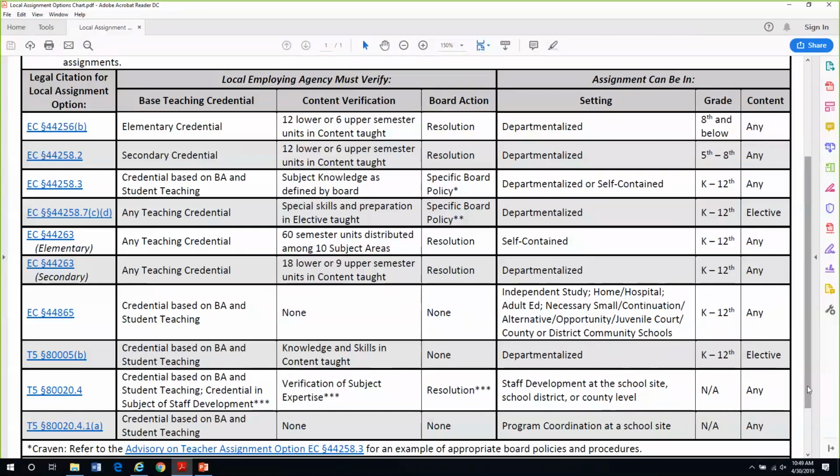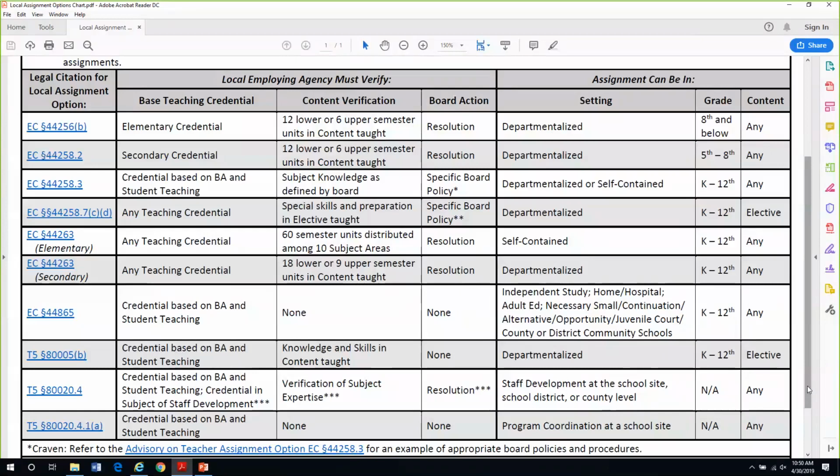So remember, local assignment options are for fully credentialed teachers. They're already individuals who hold full credentials. It can't be for someone who's on a STIP or a PIP to serve outside of their area. It can't be someone who's on an intern credential to serve outside their area. It can't be someone who isn't credentialed at all to be brought in to teach. It's someone who's fully credentialed with a multiple subject or single subject or education specialist teaching credential usually, though there's some exceptions to that.